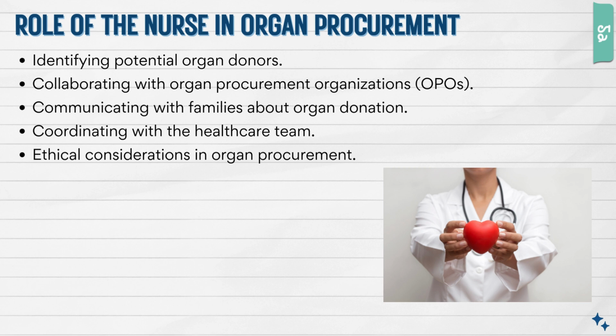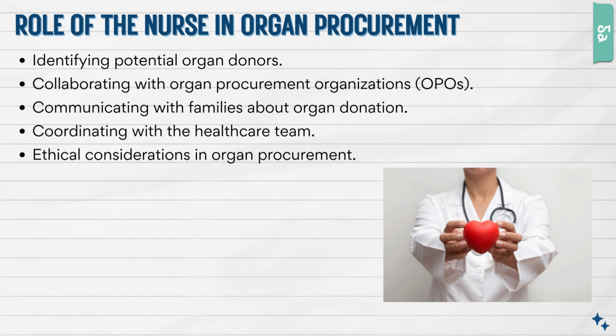Okay. So, as a critical care and emergency room nurse, our role in organ procurement is very multifaceted, but it's essential. Our primary responsibility is identifying potential organ donors, often based on criteria related to brain death or circulatory death. Once we have identified a potential donor, we work closely with the organ procurement organization to facilitate the donation process. This is going to be LifeGift for the Houston area. This collaboration involves communicating with the OPO coordinators, ensuring that all necessary medical evaluations have been performed, and supporting the family through that decision-making process.